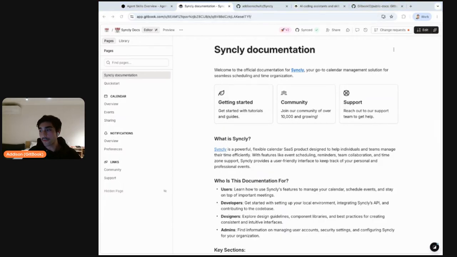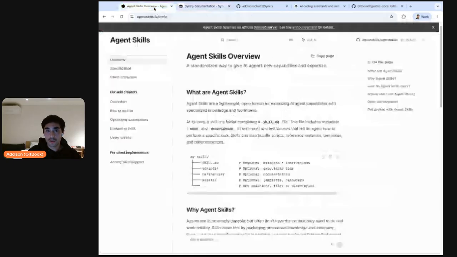So now that we have our GitBook site synced with GitHub, we want to install the GitBook skills so we can start working on our docs. Again, we're not going to be working inside of the editor, but we're going to be working with an AI agent. So a great way to install different skills, something I mentioned before, is